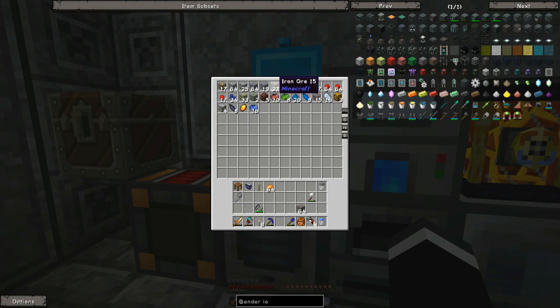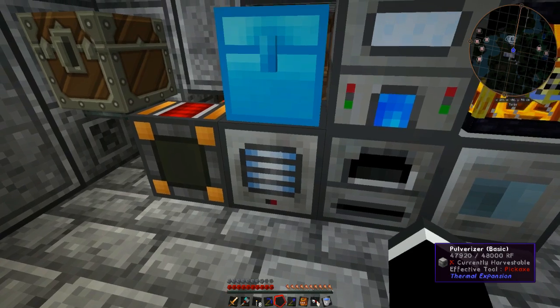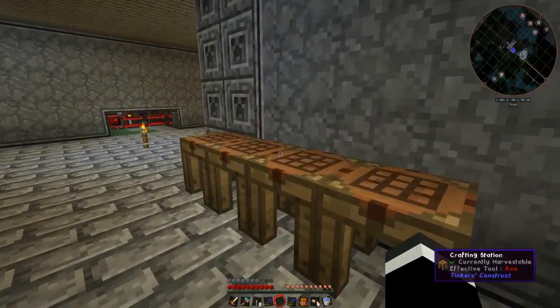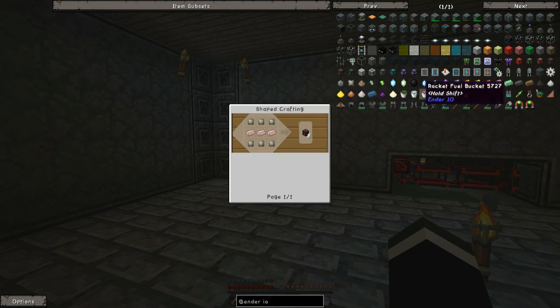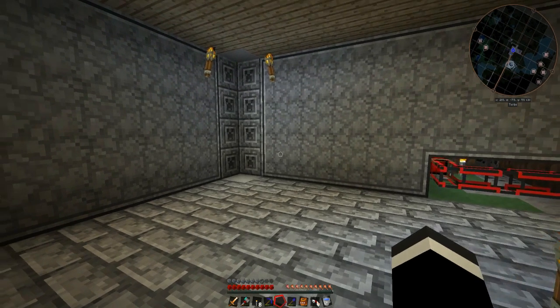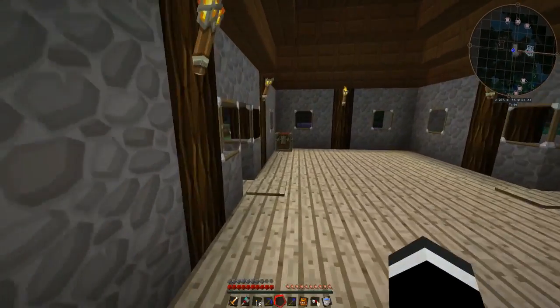How much iron have I got in here? 27 iron. Let's take half of it and we'll chuck it into there, and then it'll all get smelted up. Perfect. The other thing we need, which I believe we think we need conduit binder for that, conduit binder for fluid, yeah, conduit binder. We need binder composite, which is gravel, sand and clay. Now, if I remember correctly,